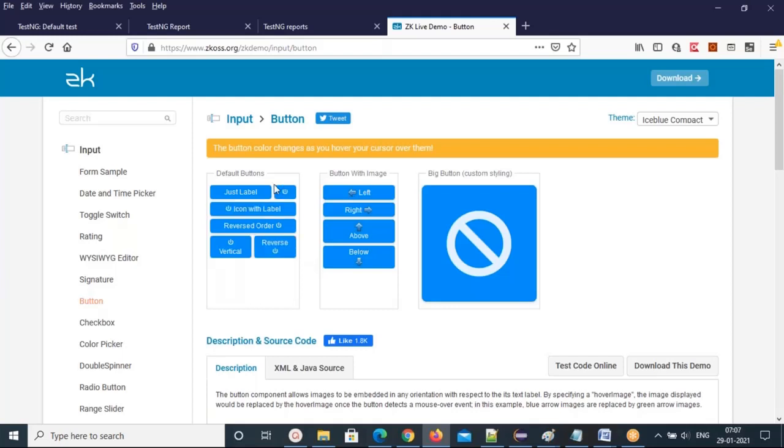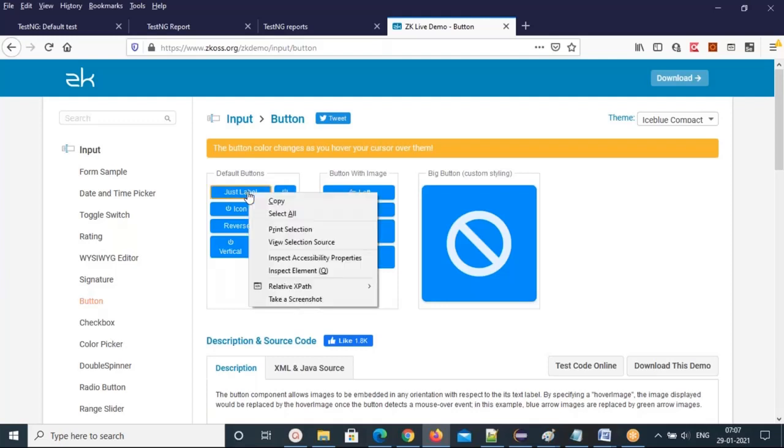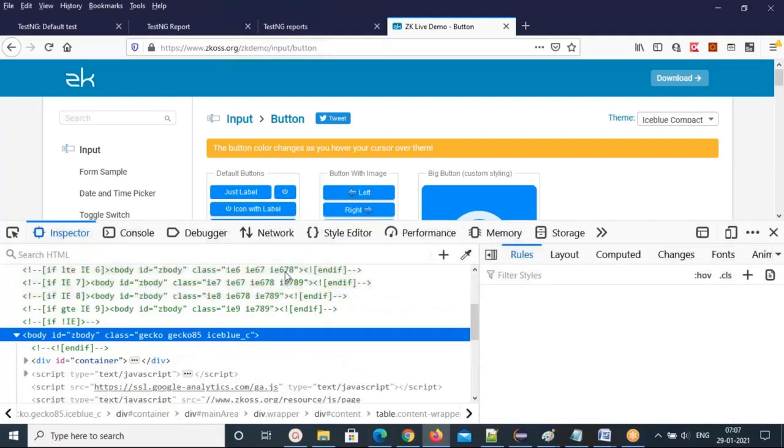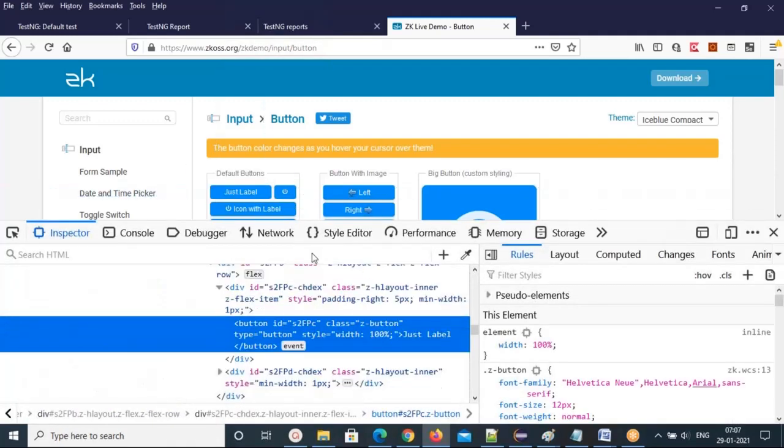So observe here, if you want to get a group of elements, you should have a common locator. Make sure every button has the same locator. So right click on one button and understand the HTML structure. Analyze first which property is common for many buttons.